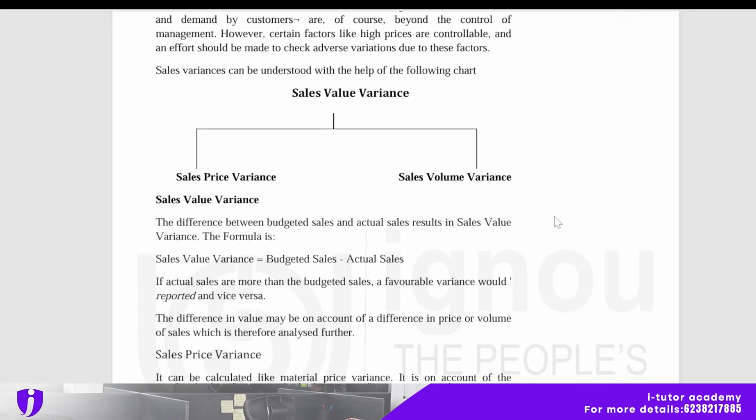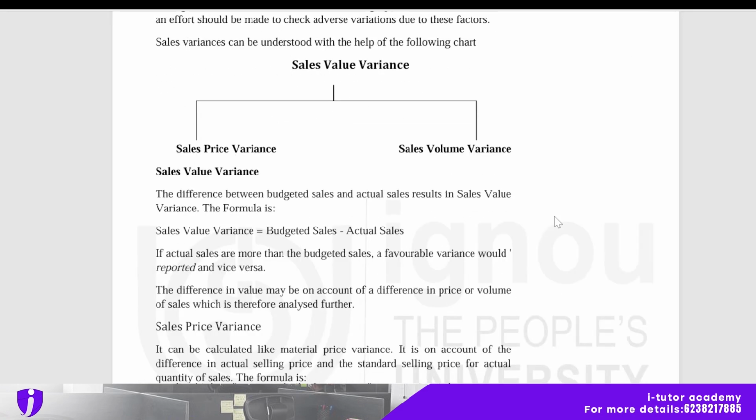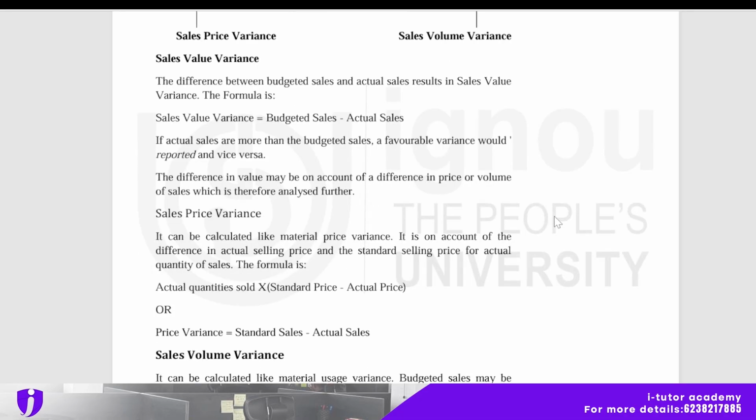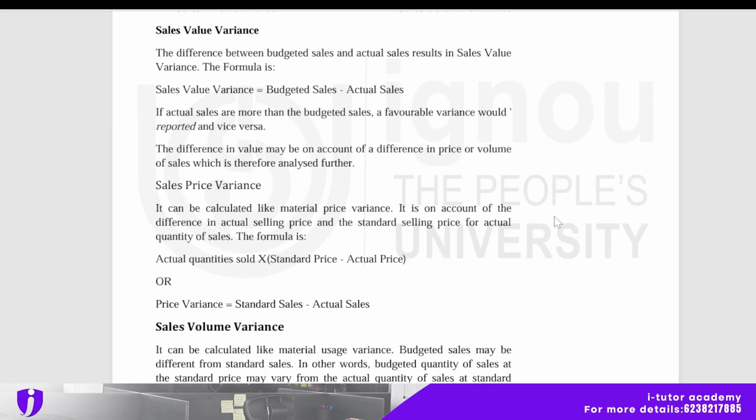Sales value variance is divided into sales price variance and sales volume variance. Sales value variance: the difference between budgeted sales and actual sales results in sales value variance. The formula is sales value variance is equal to budgeted sales minus actual sales. If actual sales are more than the budgeted sales, a favorable variance would be reported and vice versa. The difference in value may be on account of a difference in price or volume of sales, which is therefore